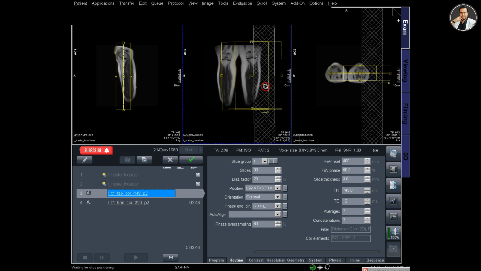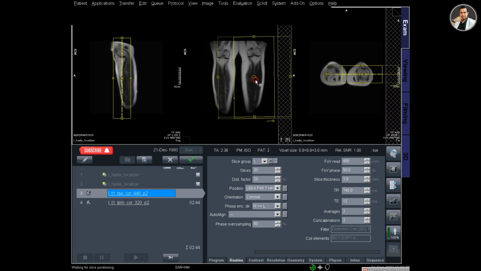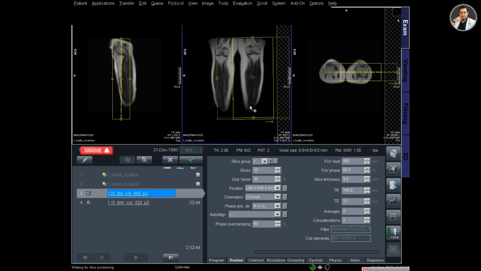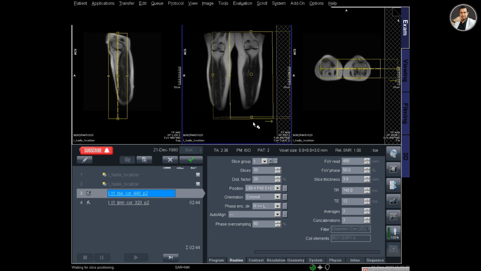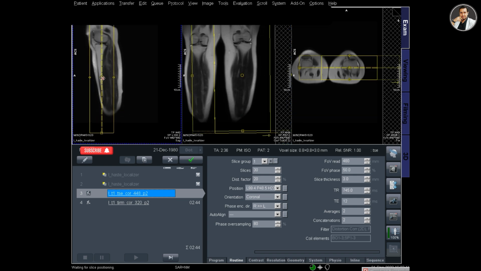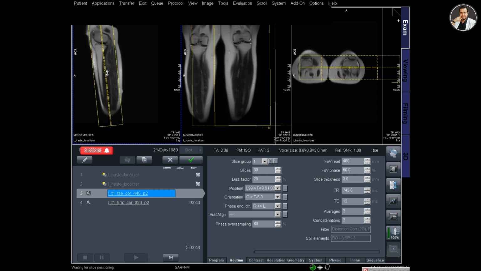Because I want to do only the left leg, I will move the field of view over the left leg so that the field of view covers from the knee joint to the lower leg.